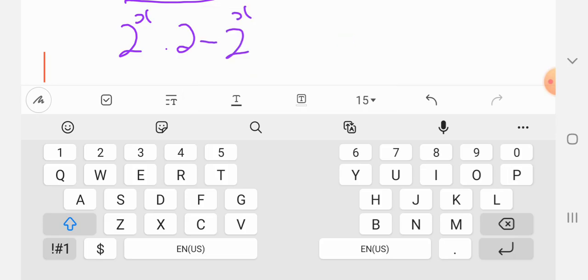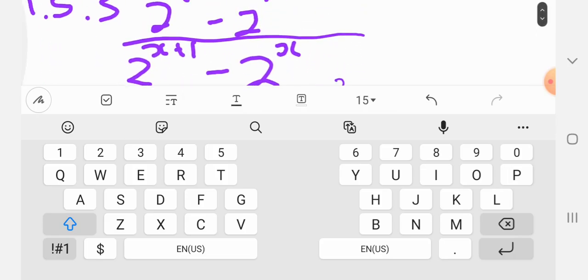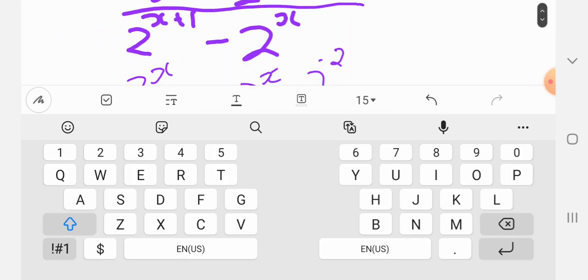So if you look at it, we had 2 plus 1 and then 2 to the power of x, so we just brought 2 to the power of x that side,